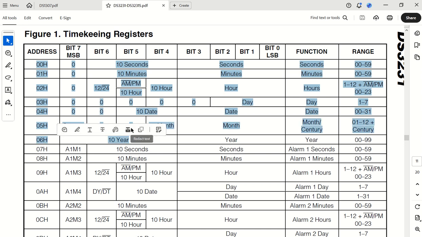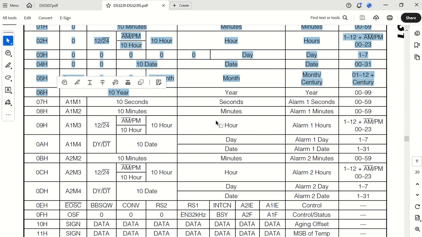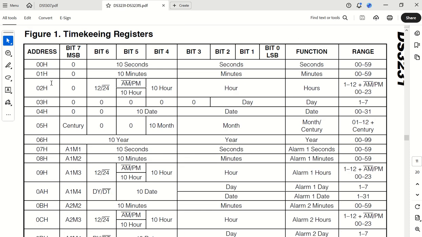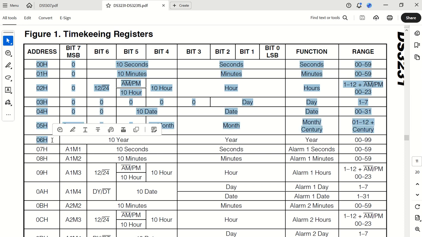Then you can activate interrupts on that same square wave pin. But you can look at this further in more detail. As I've said, in my case, I'm just interested in the total real time, so I'm just going to make use of up to address number 6, and not including address number 3.